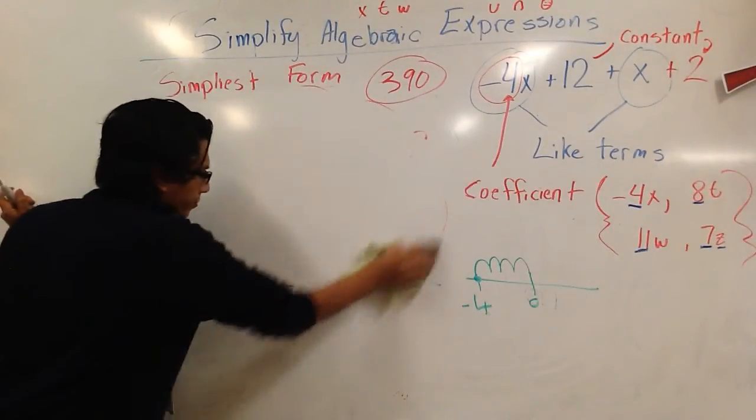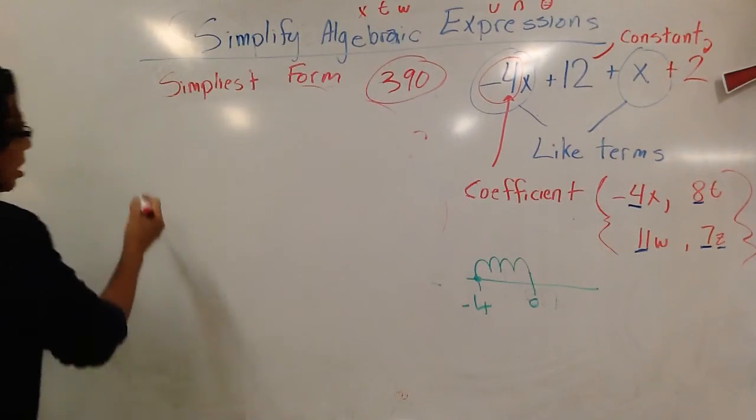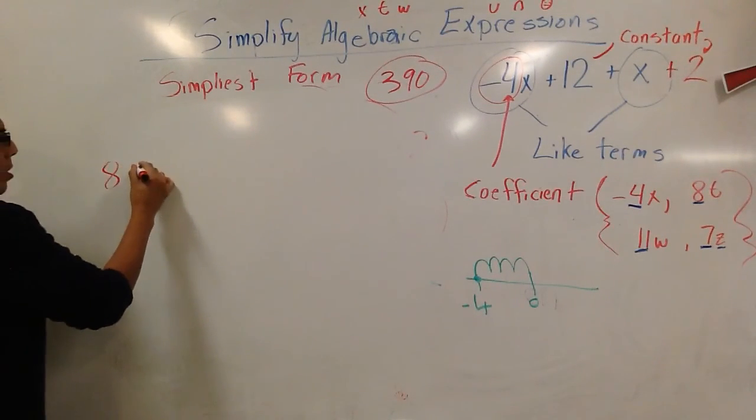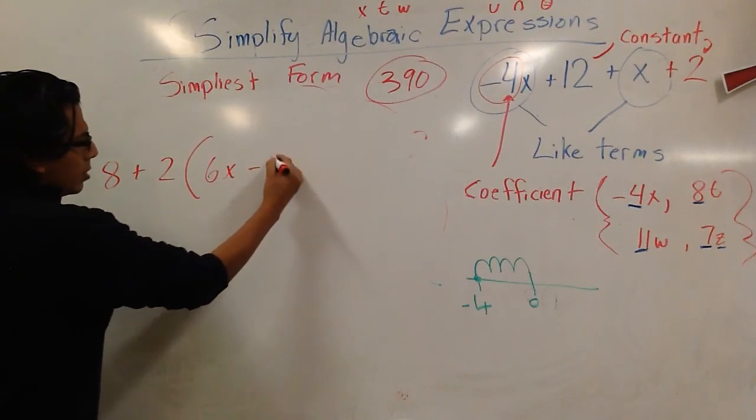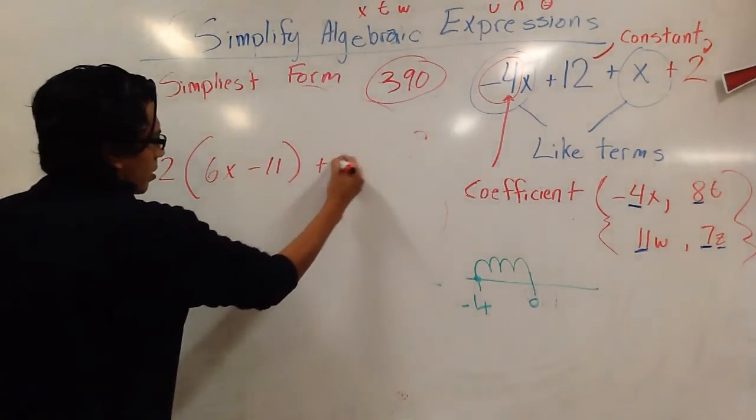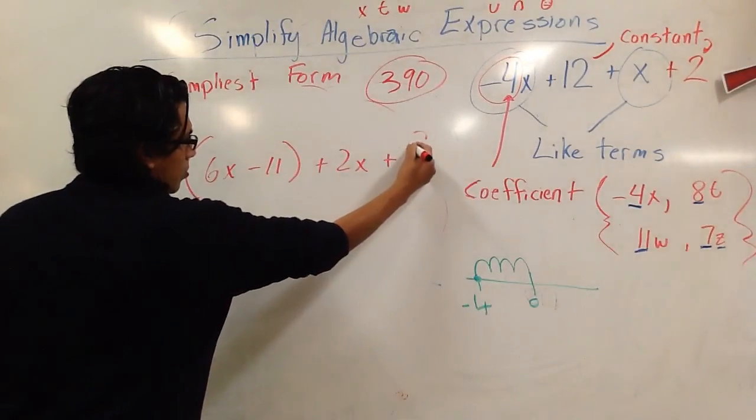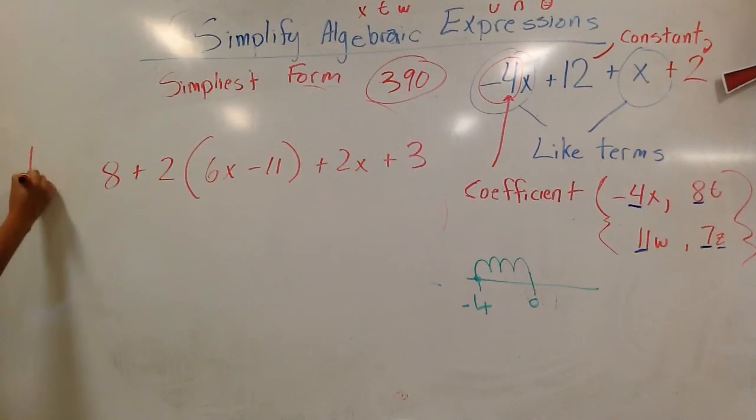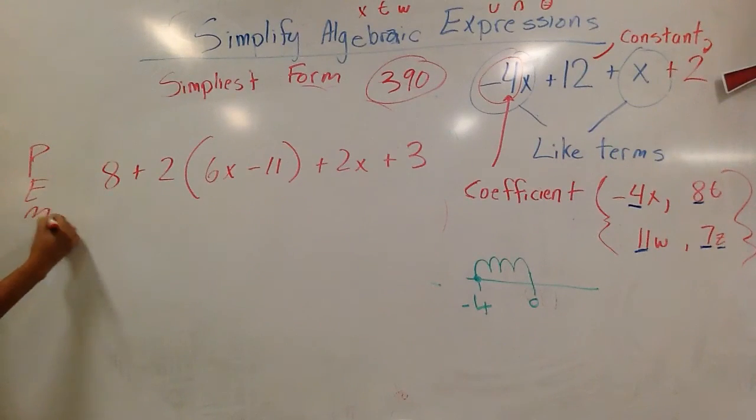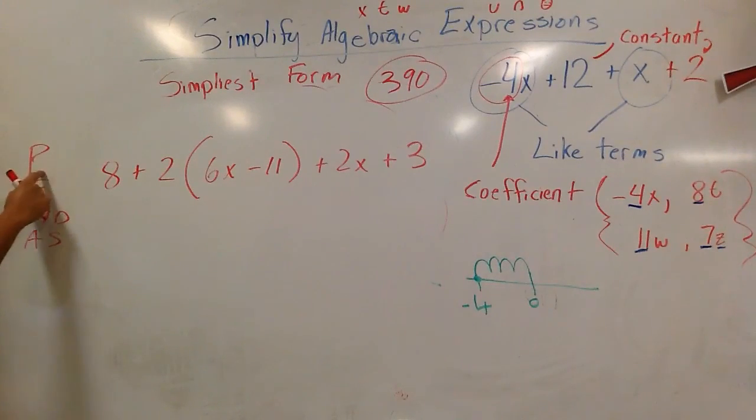All right. Let's try another one. Here's a mistake that kids make. 8 plus 2 times 6x minus 11 plus 2x plus 3. So guys, don't forget your order of operations. PEMDAS, right? What comes first, my parentheses